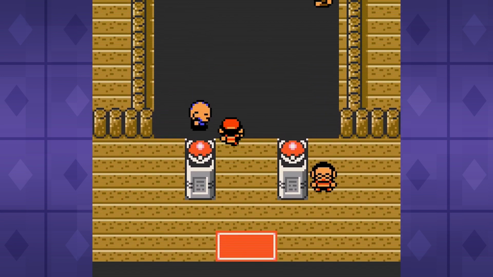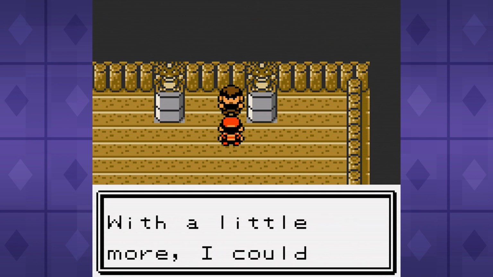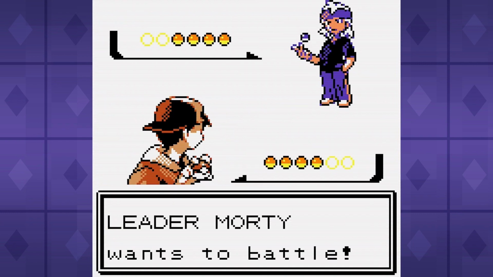Next up is the Spectral Showdown with the Ecruteak City Gym Leader Morty and his gang of ghoulish ghosts. In this battle...